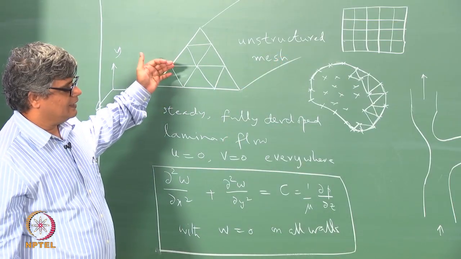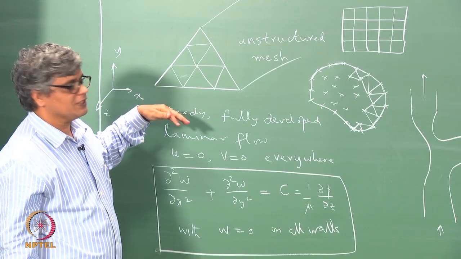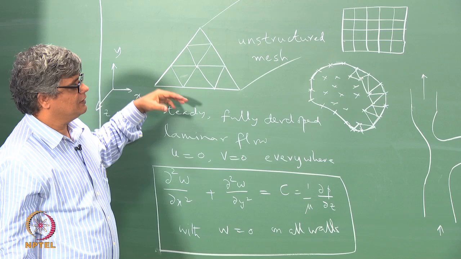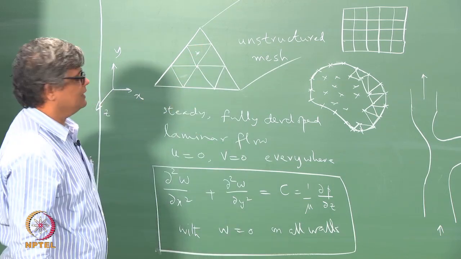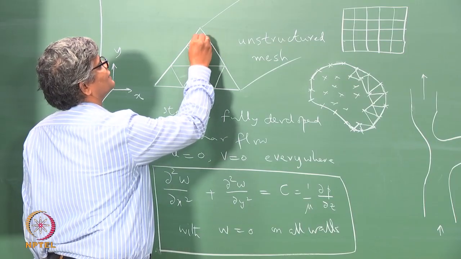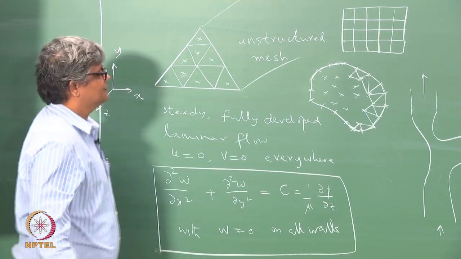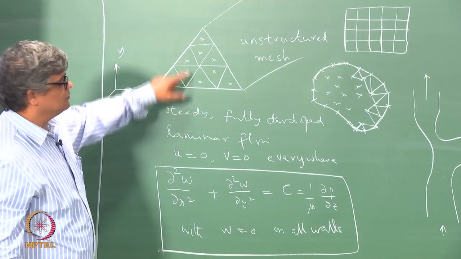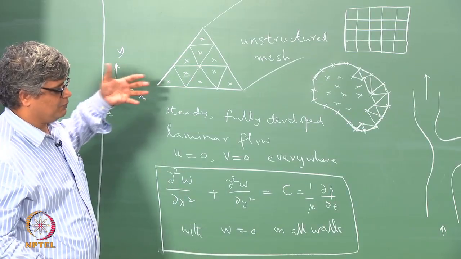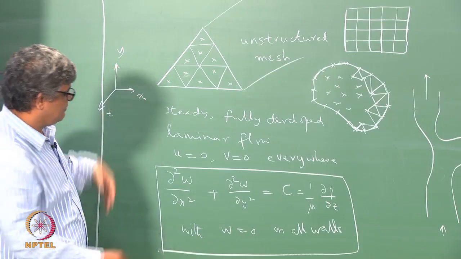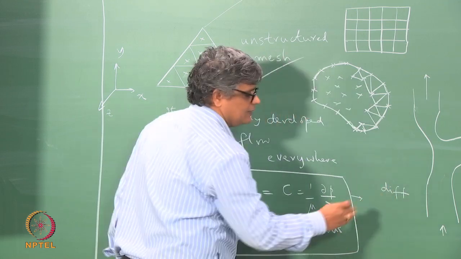So, if we can describe our flow domain in terms of an unstructured mesh, and if we have a way of converting our partial differential equation into an algebraic equation at the center of this, then we can get a value of this here at the center of this, at the center of this, center of this, like this. And if you make them small, then you can get many more points. So, this approach, which is used to convert the partial differential equation into a difference equation, an algebraic equation,